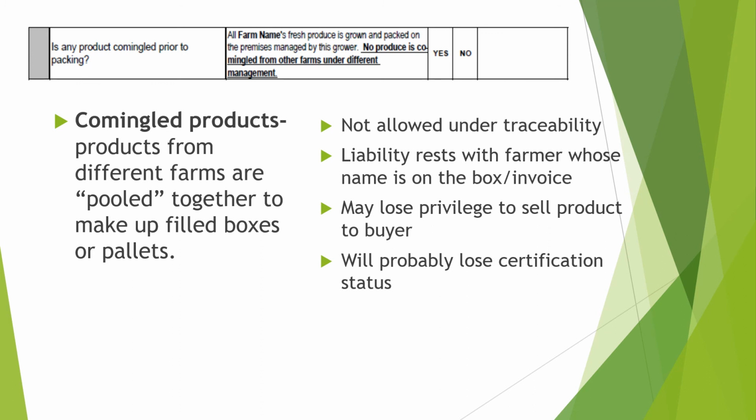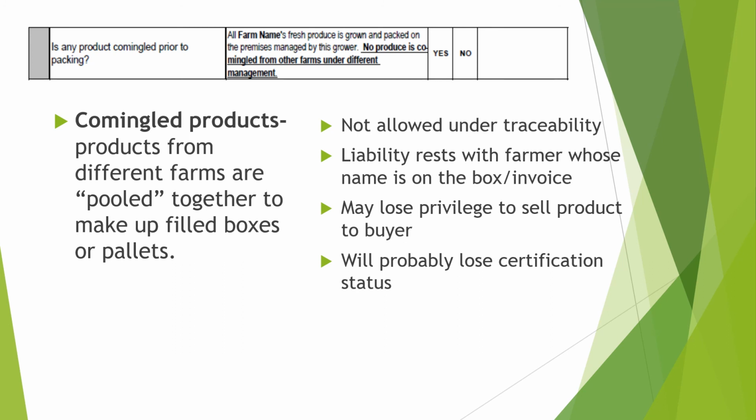You want to make it very clear that your farm does not allow commingling at your operation. This is not allowed under traceability. The liability rests with the farmer whose name is on the box or whose name is on the invoice. The risk is you may lose the privilege to sell products to your buyers, and you will probably lose your certification status. So make sure your response is a written response stating